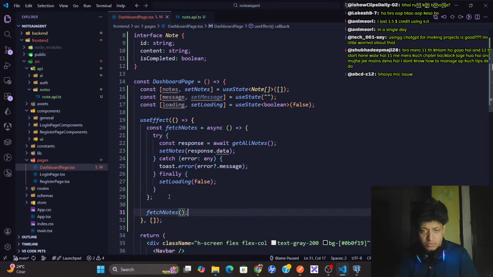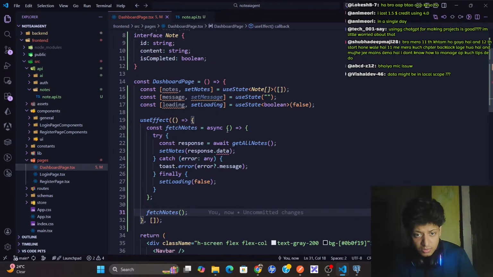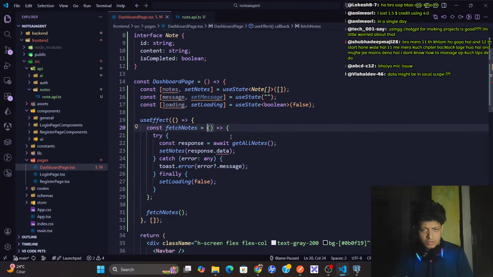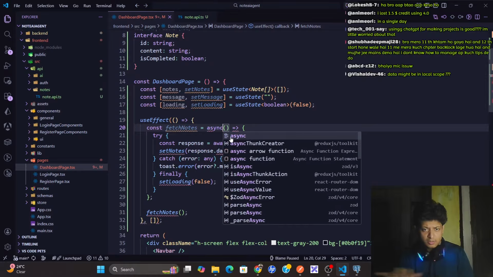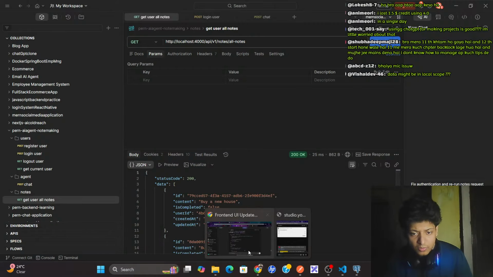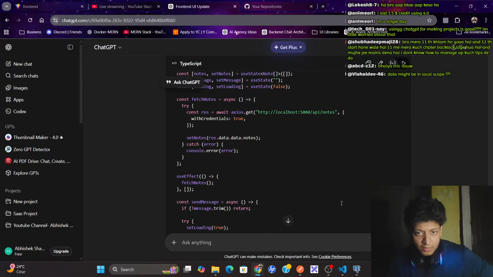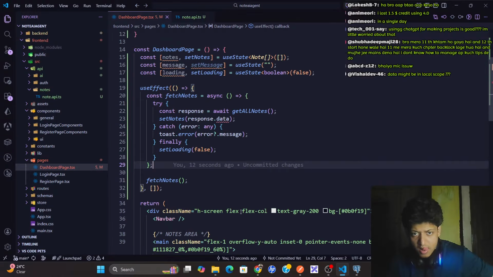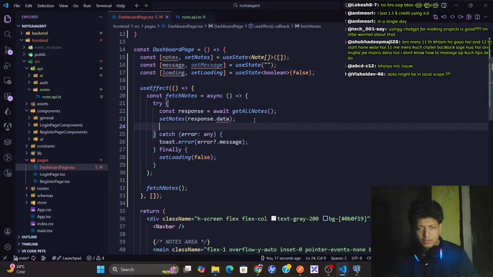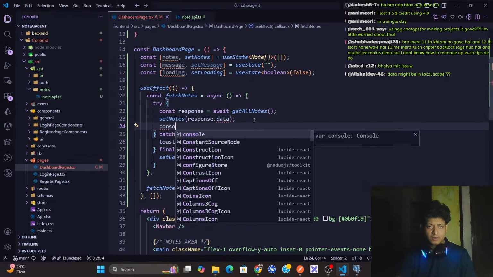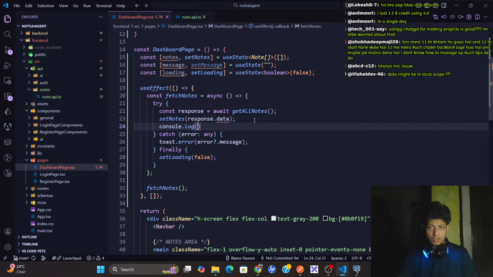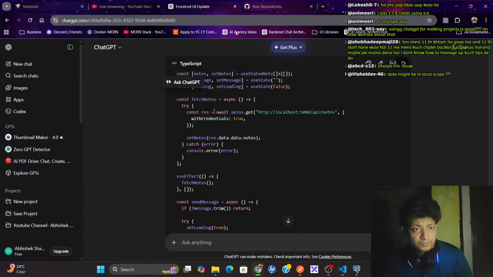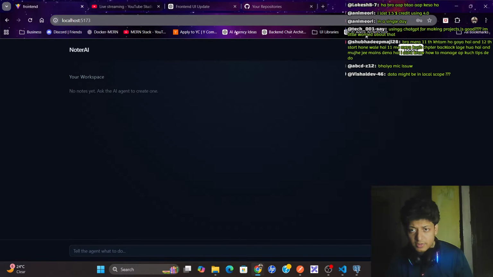Wait, pasting. Okay. Hold on. If I come here, I'm gonna actually... Oh wait, async fetch nodes. Okay, fetch nodes, useEffect, async. I'm calling it here. And console.log notes here.